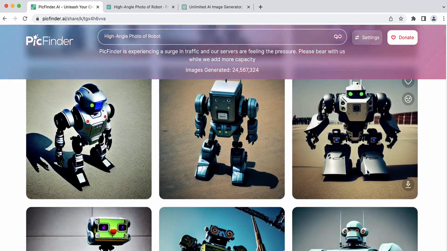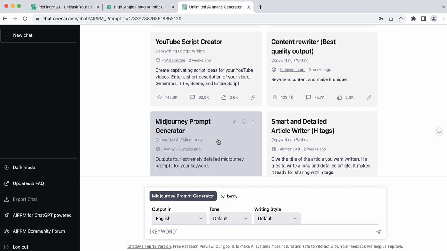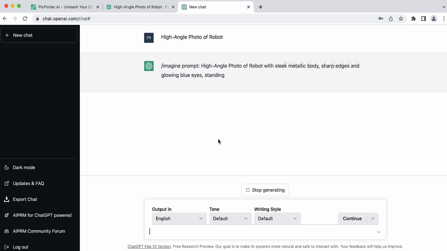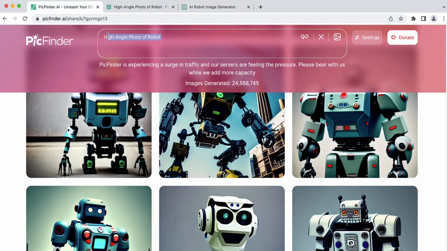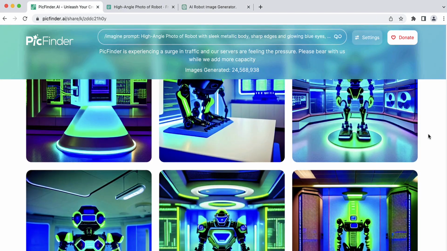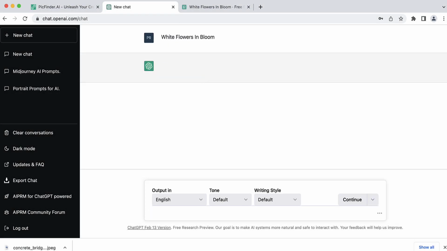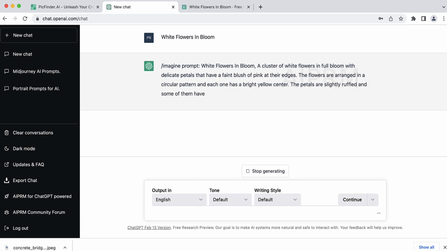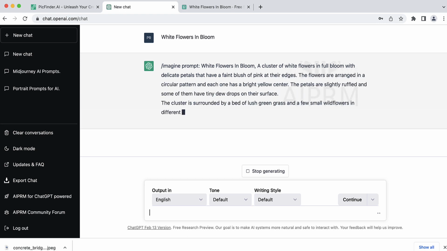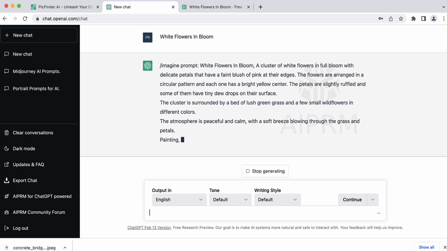Also, you can use the AI PRM Chrome extension in ChatGPT to generate prompts on autopilot for the same title and add those prompts in PicFinder to generate more unique AI images. If you want to know how to create such cool custom prompt templates in ChatGPT with the AI PRM Chrome extension, then you can check out my previous video on the same topic and I will share the video link in the